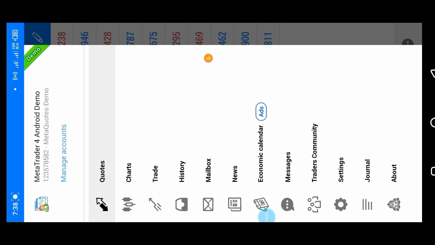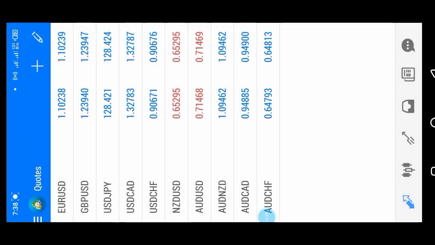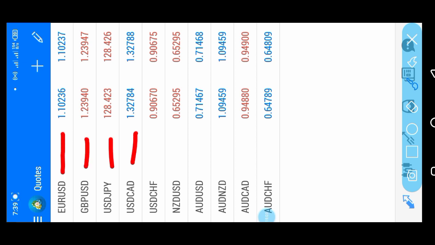We have another feature here which looks like a plus or additional sign. Once you press here, you basically want to add to the number of quotes. Can you check? Let's count the number of quotes or the pairs we have. We have pair number 1, 2, 3, 4, 5, 6, 7, 8, 9, 10. We have 10 pairs. So if you need to add more pairs, maybe you want to trade a pair which is not into this